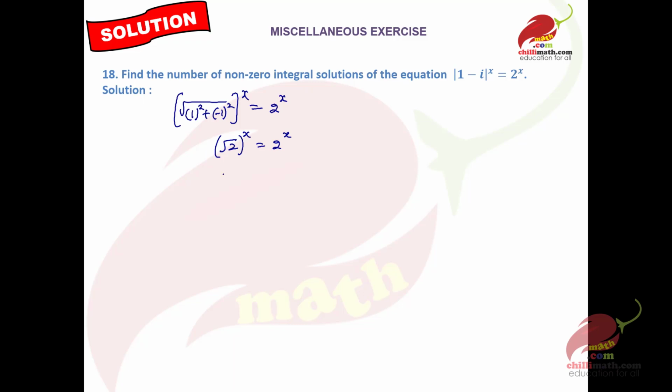is equal to 2 power x. This root 2 we can write as 2 power half. This is half into x, can be written as 2 power x by 2. Two quantities are equal and their base is equal, that means their powers will also be equal. Cross multiplying, bringing on one side,